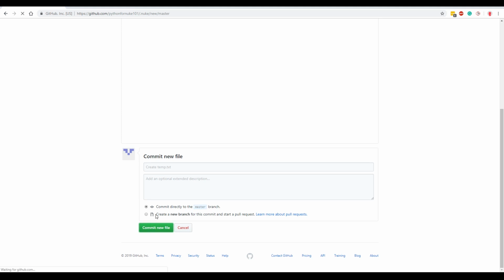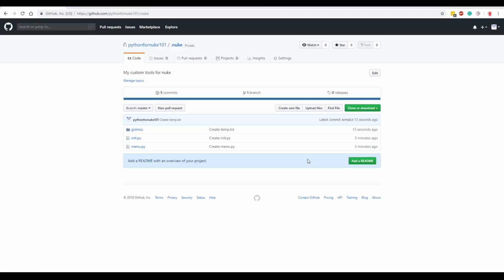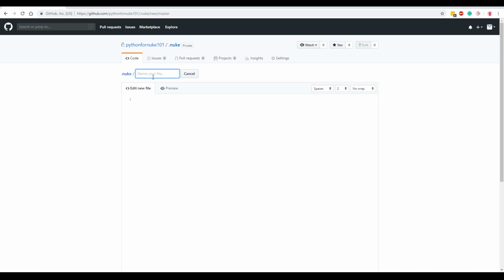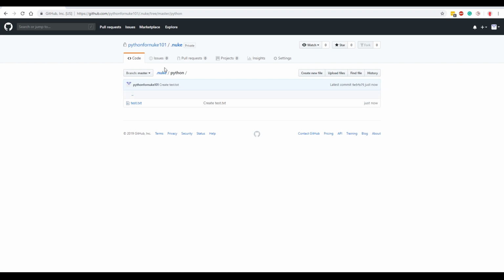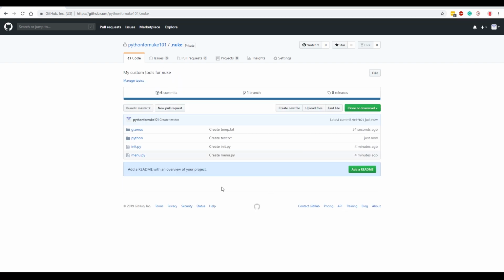And commit new file. And lastly, we have to do the same thing for our Python folder. So we'll create new file, .nuke/python/test.txt, test, commit, back to .nuke. Okay, so you can see that we've got a gizmos folder, a Python folder, an init.py file,